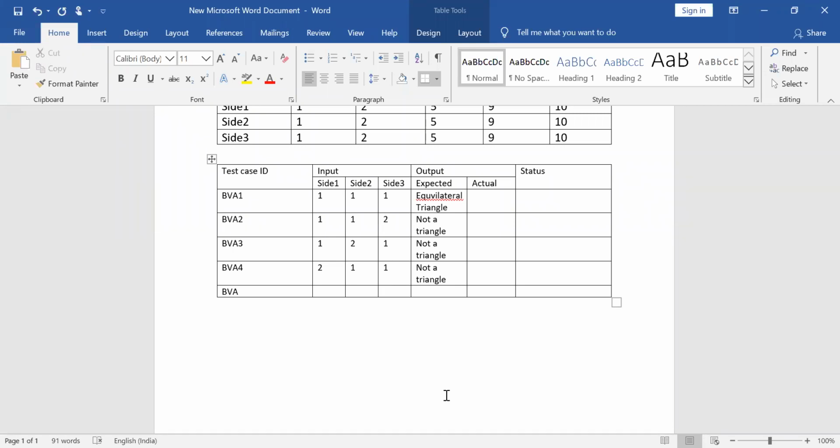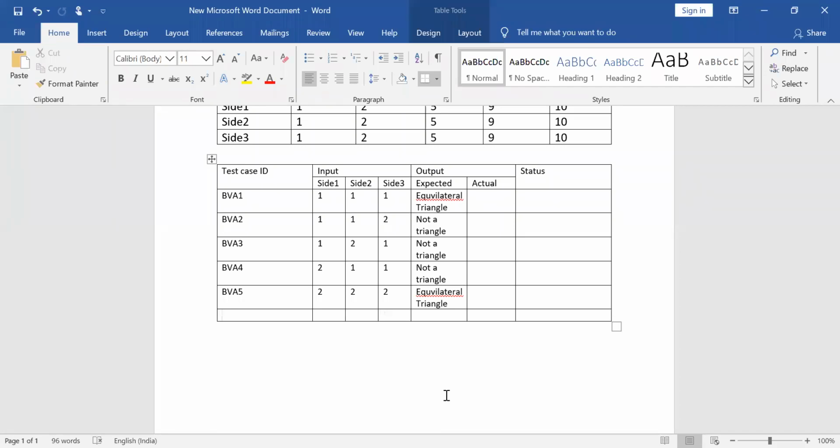So the next one, fifth case. So how many to go? 5 plus 8, 13, I think, right? So that means another 8 cases apart from this particular one. So can I take 2, 2, 2? Yes, but the answer is the same as the first one, whatever you have got. Equilateral. This is over. Next one is